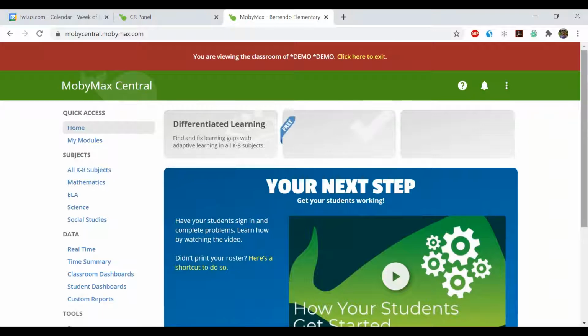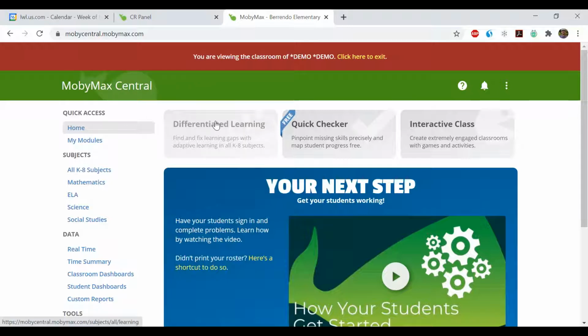And again, just to reiterate what we talked about at the beginning, we look up at MobyMax. When we first log in, we have differentiated learning, which is typically the nuts and bolts of the program. It's probably what you're using most days, where your students are doing placement tests and working on lessons. We have over here interactive class at the top, and that's where you can set up games for your students to play, educational based games for your students to play with and against each other as a fun way. And then here in the middle, we have this Quick Checker feature, which is the subject of